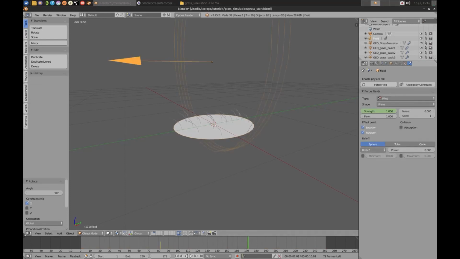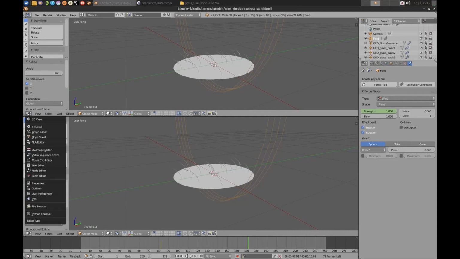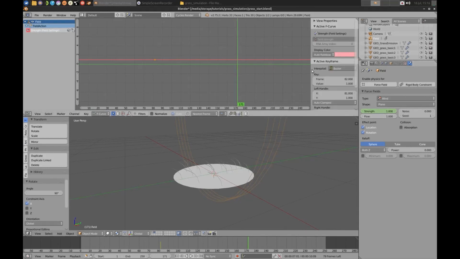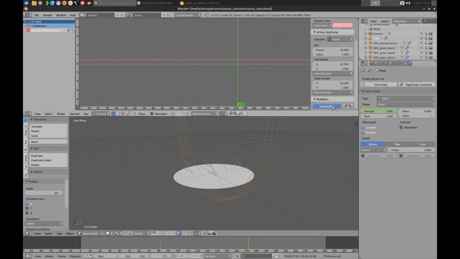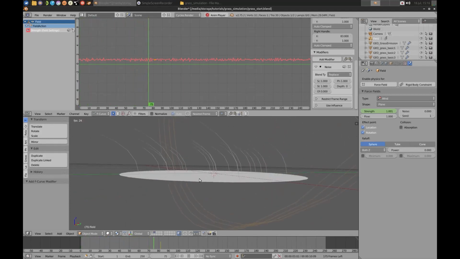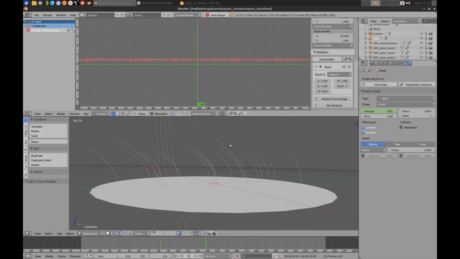So I'm going to split my window into 2 pieces, and I'm going to bring up a graph editor here. I made a keyframe here. I'm going to select the curve, hit N, and add an F-curve modifier to it. We'll make it noise, and if I skip to the first frame again and hit Alt-A, you can see that it's wiggling a little bit around.